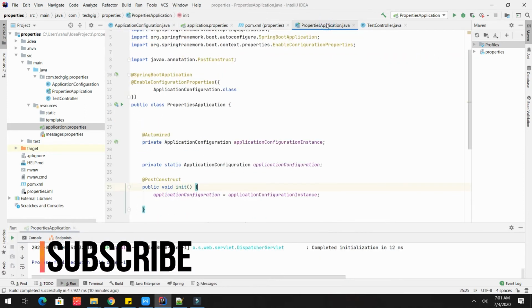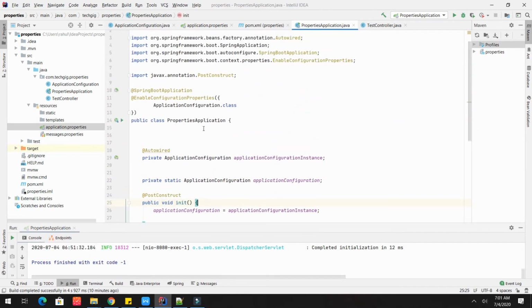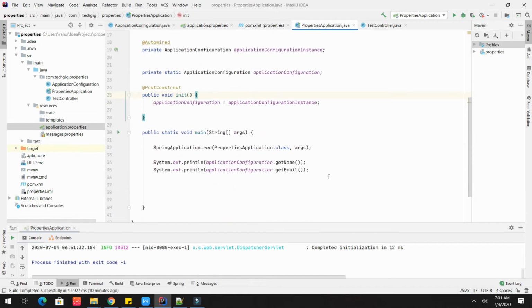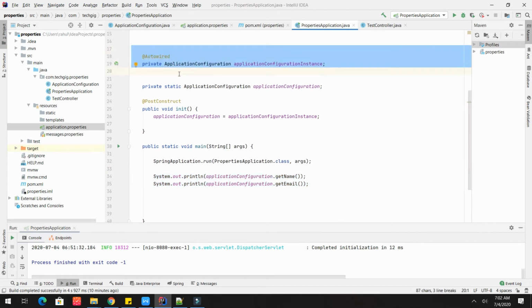In the main, I've tried to show you two kinds of loading. One is in the main application, in a standalone way, where I can read it with the help of auto wiring. Like I have here, I have auto wired it.